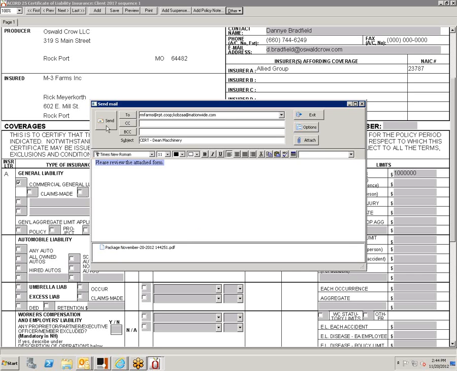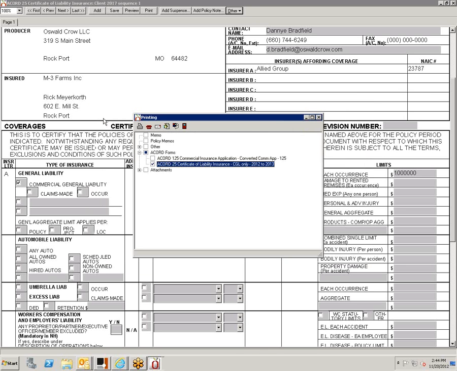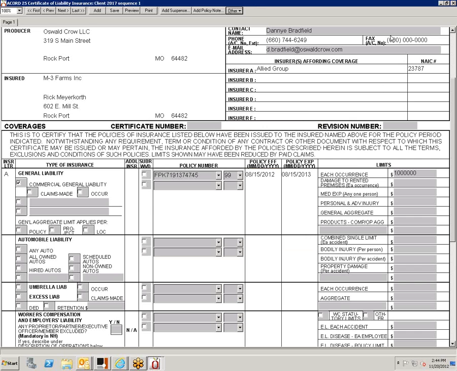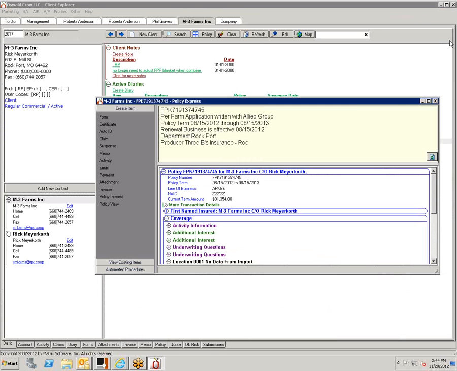And then when I click on send, it goes out the door. I'm going to actually put something in here. And this is going to retain these email addresses after you start using them. It looks like it acts sort of like Outlook. You know, it retains those email addresses after you start to use them. And so now that is gone out the door. So I've just sent that email and that certificate out.